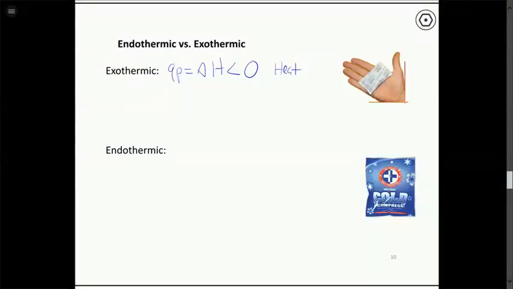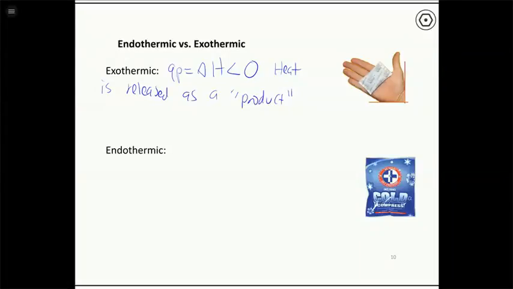And that means that heat is released from the reaction as a product. Now heat is not really a product of the reaction, but you can think about it in those terms. As the chemical reaction takes place, heat is also produced in addition to the products. So if heat is a product, for example, if we burn water, sorry, not burn water, we can't burn water. If we burn hydrogen to make water,